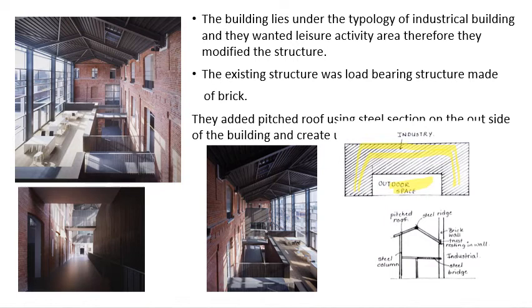The existing building is a load bearing structure, which does not hold more load. Because of that, they used lightweight metal structure construction. We can see here how they constructed the habitable space. First they introduced the vertical member, which is a metal column. Afterwards, the intermediate ridge of the pitch roof is introduced.